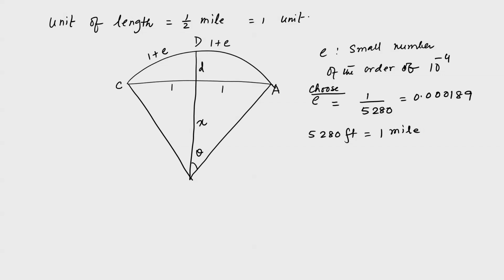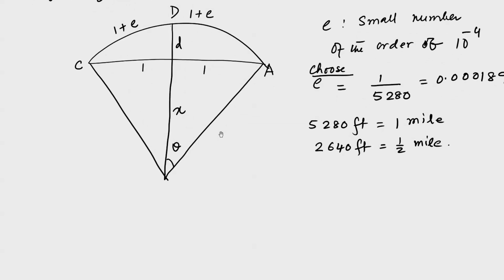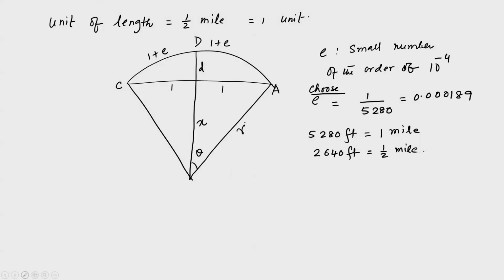So, if you need half a mile, then this is equal to 2640 feet, which is equal to half mile. So, either E is of this or it is twice of this, because the unit is taken as half miles. Anyway, it does not matter for us as much. So, this is my R, and this is where the problem starts. We have just reduced the problem a little bit, where the miles have been taken into half and so on. There is a B and there is an O there.